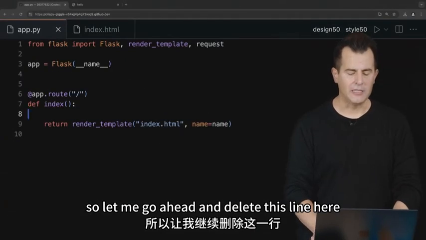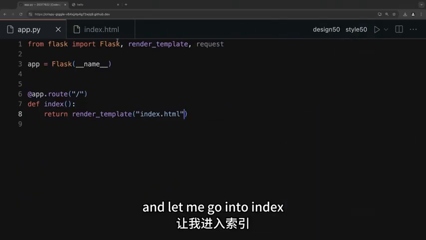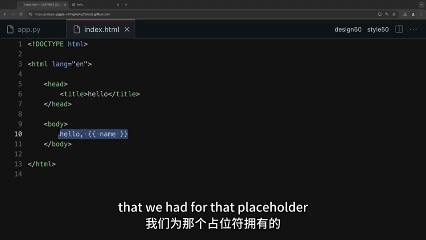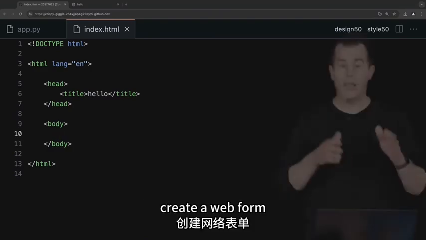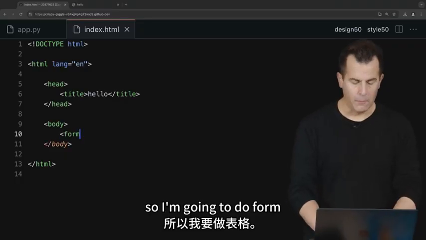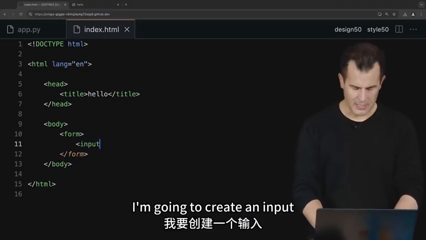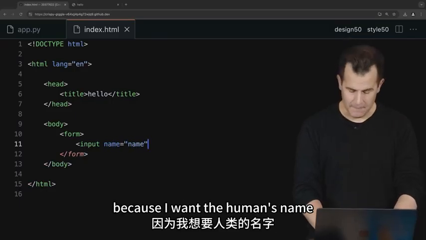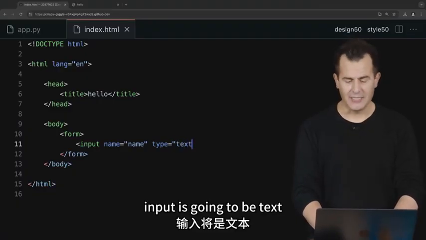So let me go ahead and delete this line here, and let me delete this use of a placeholder, and let me go into index.html and remove the body here that we had for that placeholder. And let's actually now, in this here body, create a web form. So I'm going to do form, and then inside of the form tag, I'm going to create an input. And the name of that input is going to be name, because I want the human's name. And the type of that input is going to be text,